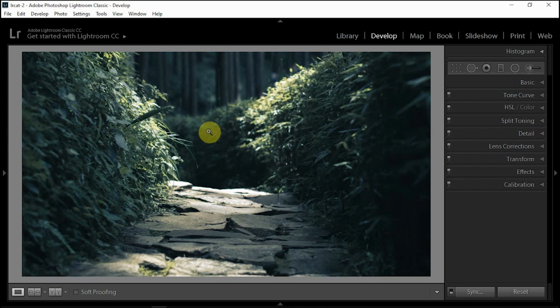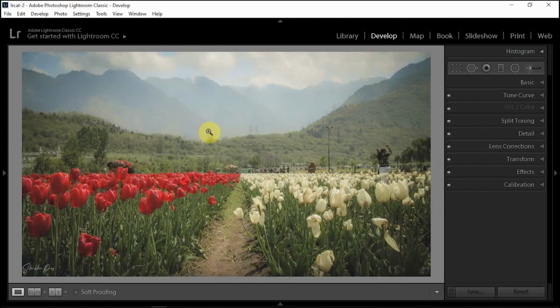Because if I had something at the end of that leading line, a payoff, it would have been much better. I have this leading line, a path in between these two colored tulips. At the end of the path, I have the mountain for the payoff. So this image is a good example of a leading line. Your viewer will start from the beginning of the leading line and follow along that line, and at the end he will see this mountain, which is the payoff of this line. So this is a good example of a leading line as well.